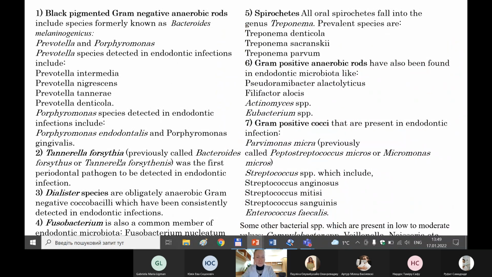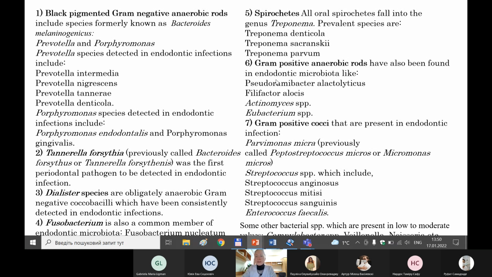Tannerella forsythia, previously called Bacteroides. Dialister species, anaerobic gram-negative coccobacilli, Fusobacterium,